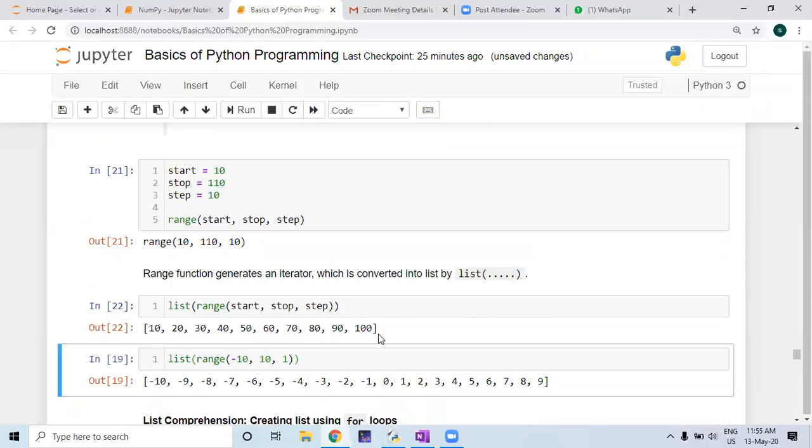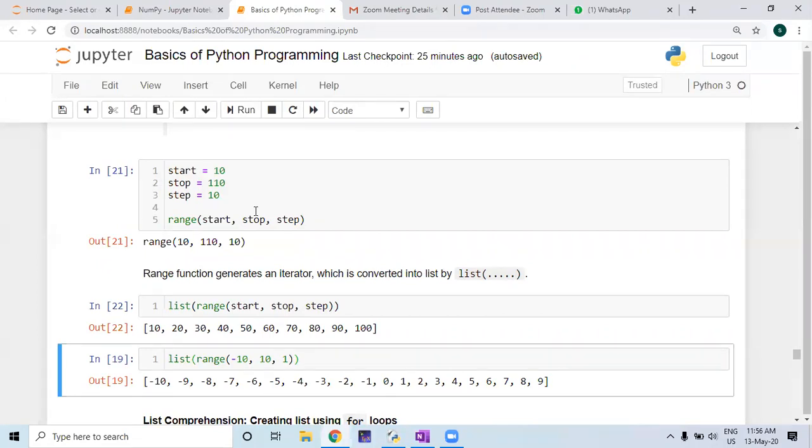But the last element 100 is important. So you just make a modification something like this: stop plus step. This is some sort of technique we apply in coding. If the last element is also important for me, and if the last element is not taken, make the last element the last element plus step. Then the last element will come into the picture.